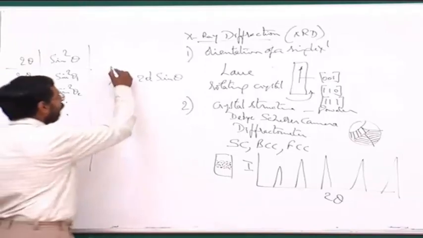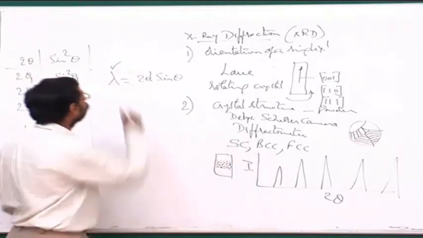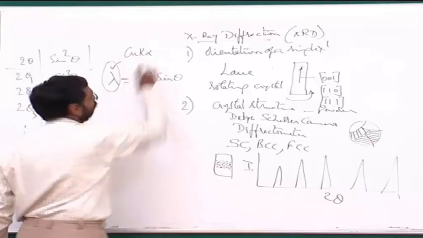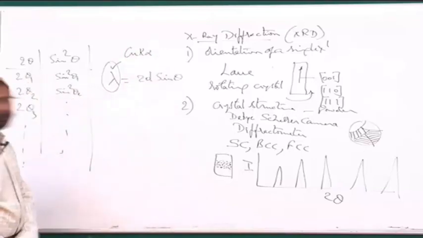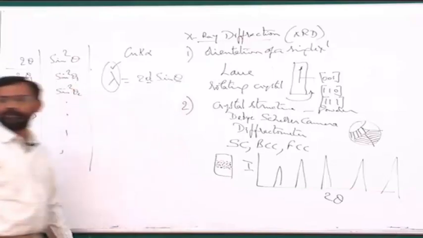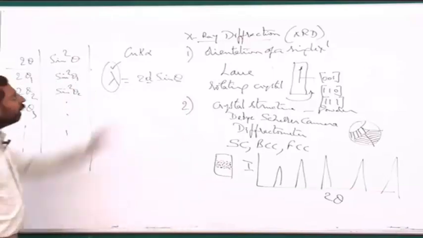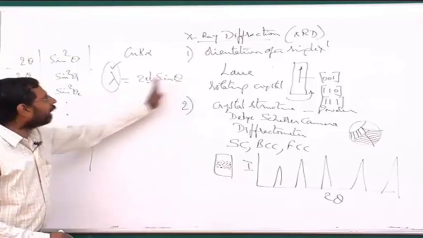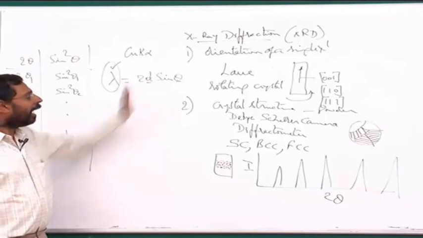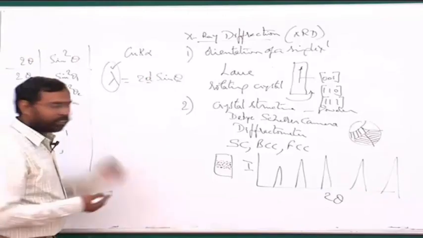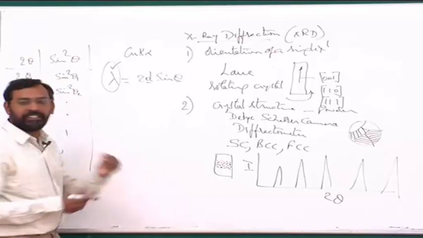So for a given lambda, in a powder diffraction, we always use a fixed lambda, for example, copper K alpha. If I am using a fixed lambda, then you see that theta basically depends on d. As a result, if I know the theta, I can find out the d. And at the same time, we have also seen that for different crystal structures, there are certain extinction conditions.